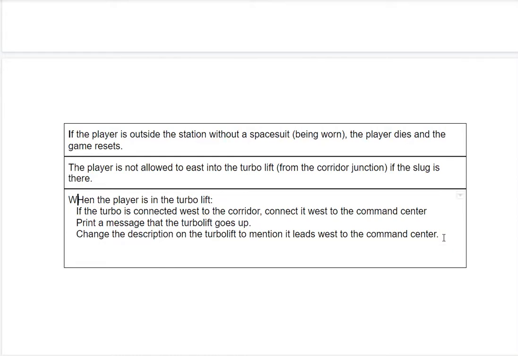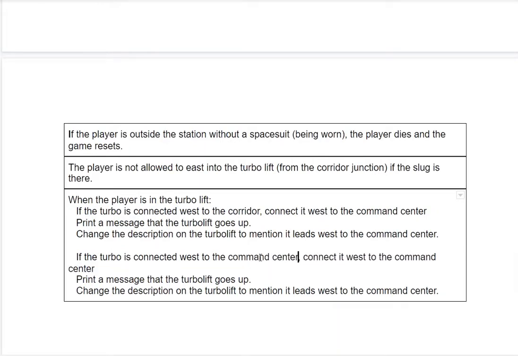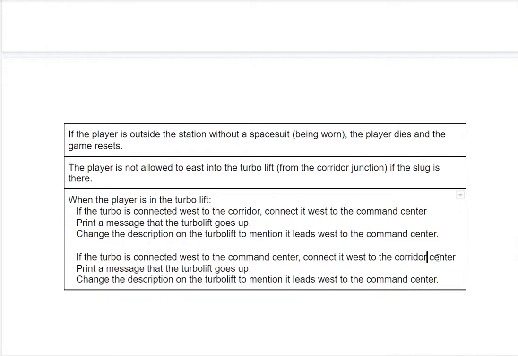And then we have the opposite case when the player is in the turbo lift. If the turbo lift is connected west to the command center, connect it west to the corridor. Print a message that the turbo lift goes down, and then change the description of the turbo lift to mention that it leads west to the corridor. So we're changing room connections. So that's a pretty comprehensive